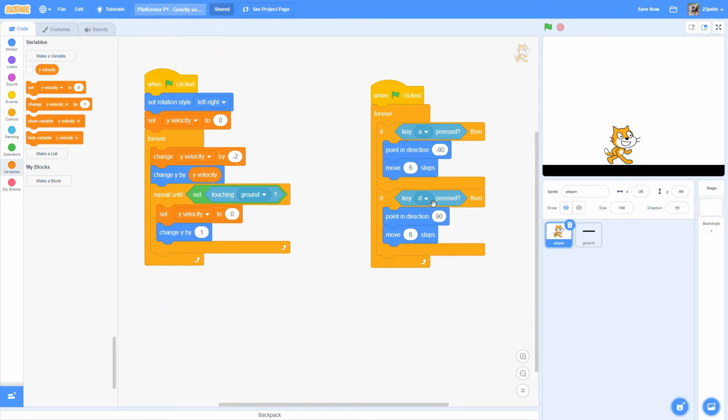And then for key D, this is what's going to make it go in the right direction. Just point in direction 90 and move 6 steps. Now we move positive steps since we're actually turning in the opposite direction when we're using the A and D keys. So we don't have to use negative steps since the cat is already facing the direction we want it to. Now if we were to put this all together and test it out, we can see that